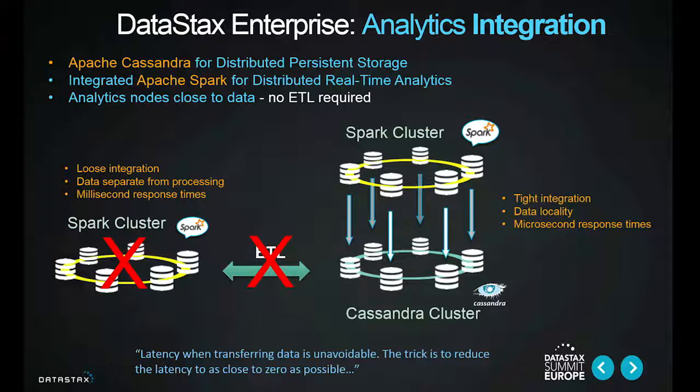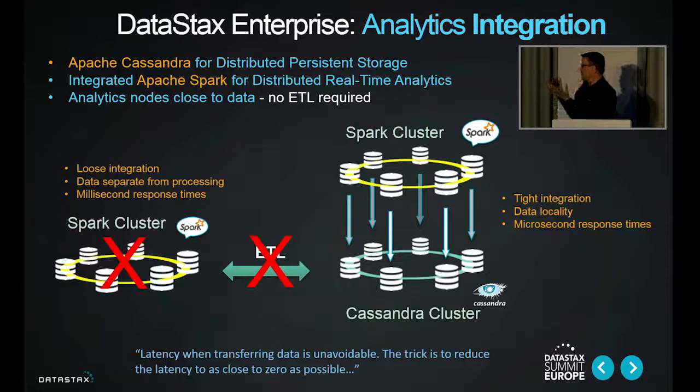The way that we integrate Spark and Cassandra together within DataStax Enterprise, within our platform, within our technology stack, you could have a cluster of Cassandra machines and a cluster of Spark machines, and they could move data between them. And of course, that would work perfectly well. You could also stream data into Spark and then persist it into Cassandra. But that movement between those two clusters of machines has to happen across a network, and that at best is going to take milliseconds. And we have customers in the online advertising space who have very strict SLAs, where they have to respond within 75 milliseconds, for example. And if 20 milliseconds of that is spent moving data about, you've already lost a third of your SLA just moving data around.